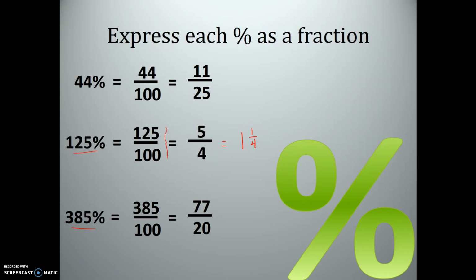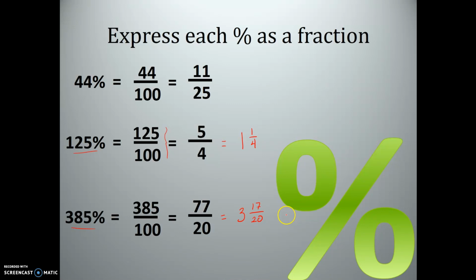And 385% now is going to be a percentage much bigger than our original 100% whole. So we put 385 over 100. And if we simplify that, we're going to get 77/20. So we divided both by 5 there. And we get 77/20. And we could even simplify that further, and we would get 3 and